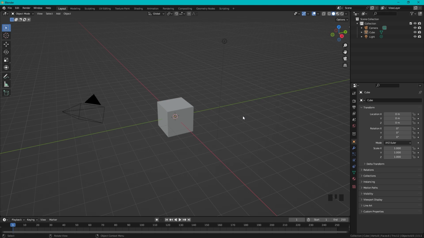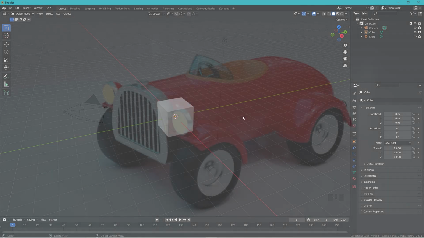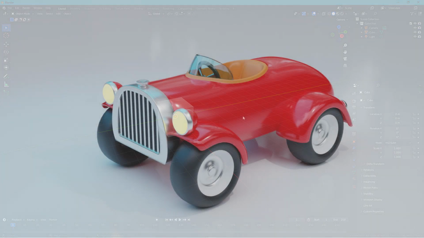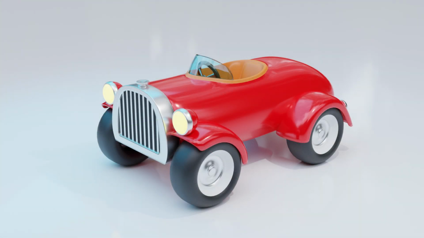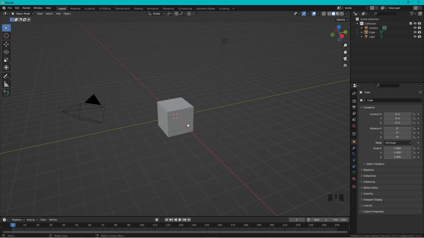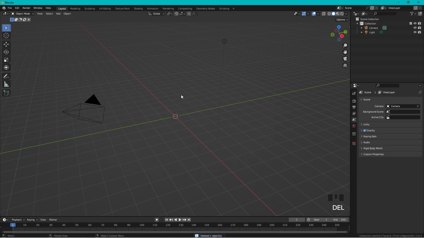Hi, okay, time to learn Blender, and let's build an easy, cartoonish, photorealistic car. So we start out by selecting this cube by pressing left click on it and press delete. And then we want to add the shape that most resembles a cartoon car, and I think this is the